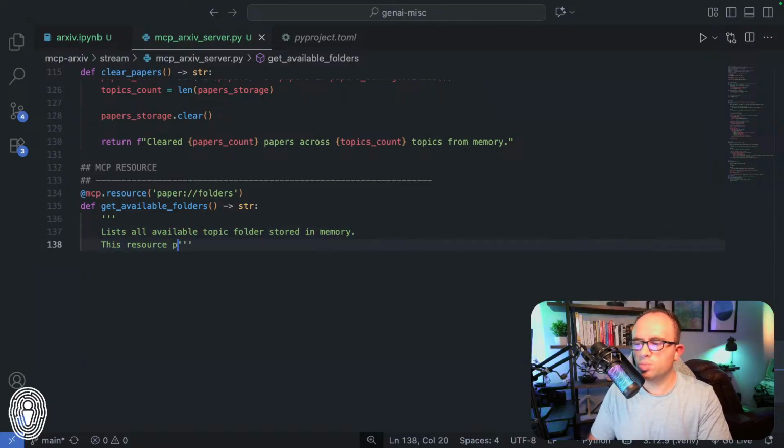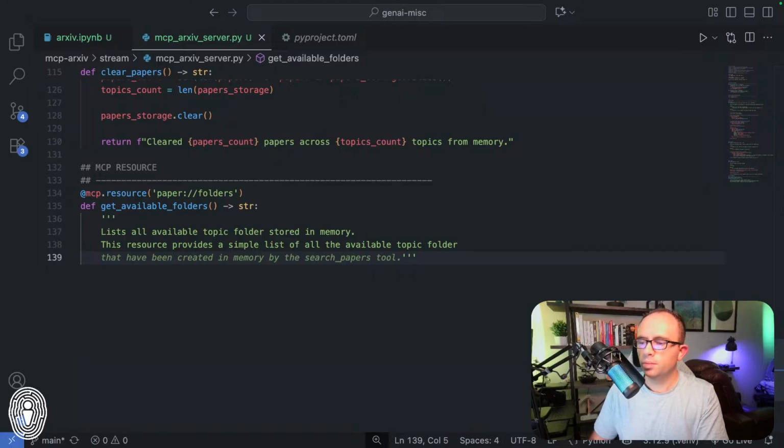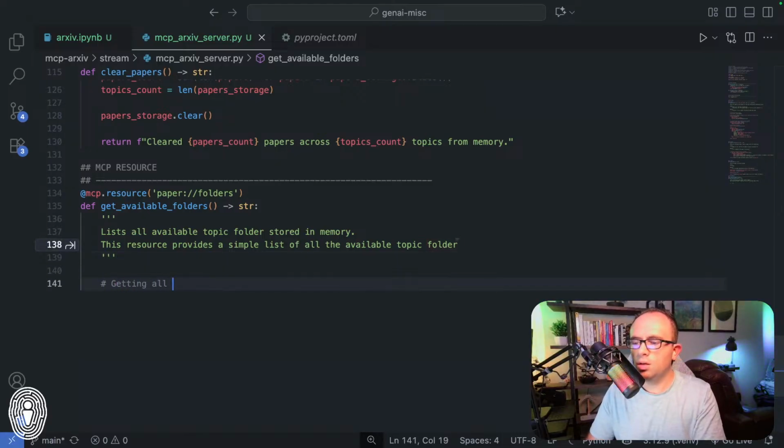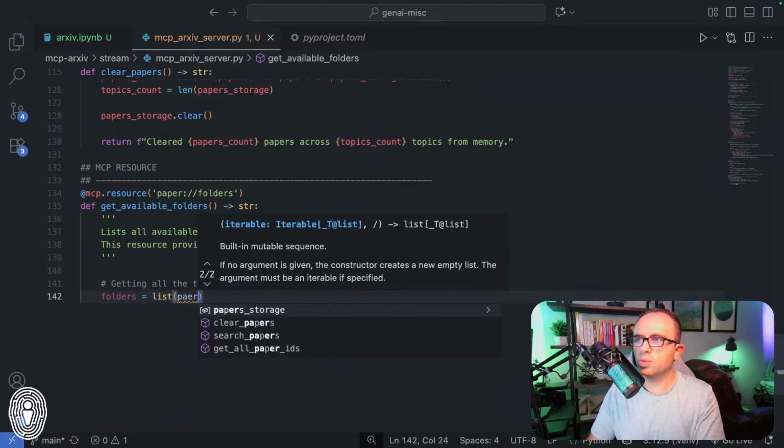This resource provides a simple list of all the available topic folders. Okay. So simply put, we're going to say getting all the topics from memory folders equals list paper storage.keys